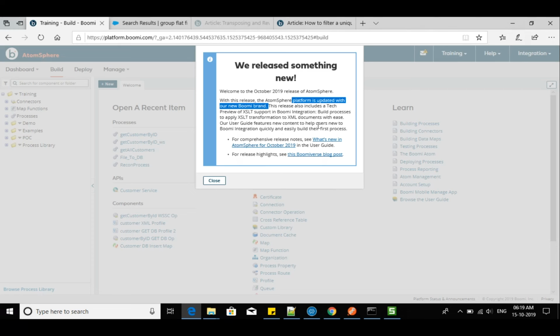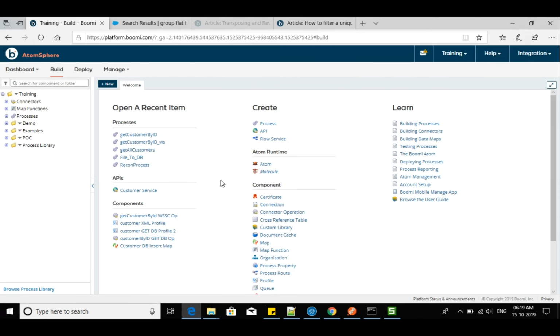So earlier we were going with a custom script for applying XSLT. Now they have given it as an inbuilt option. Okay, we'll see these things later maybe, what is XSLT and all these things. Okay, now let's go with the